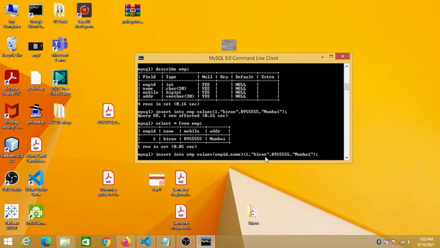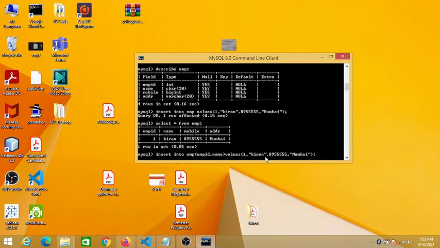I don't have the mobile number and I don't want to enter the address. For that purpose, we need to write a new query, and here values,